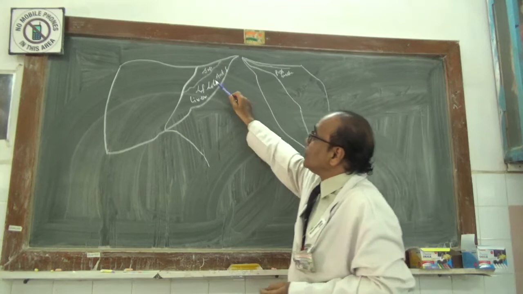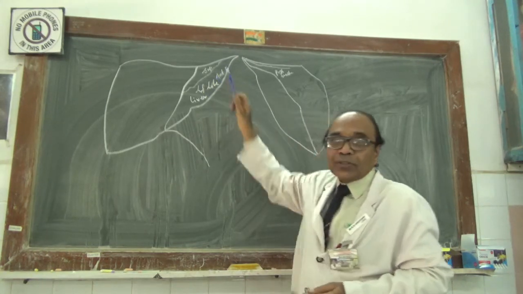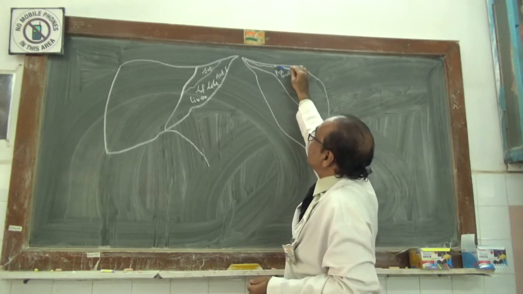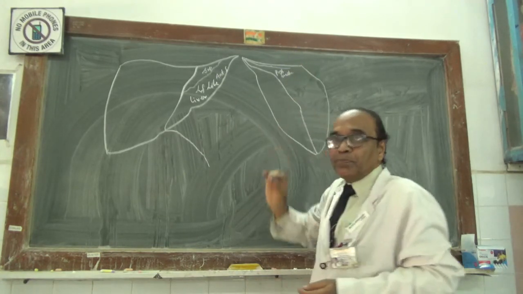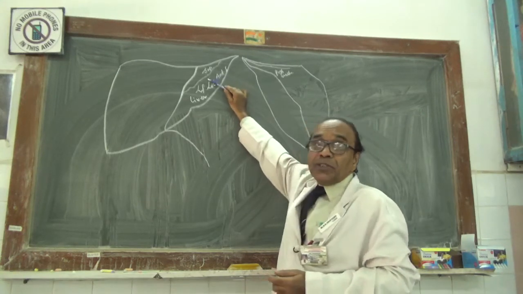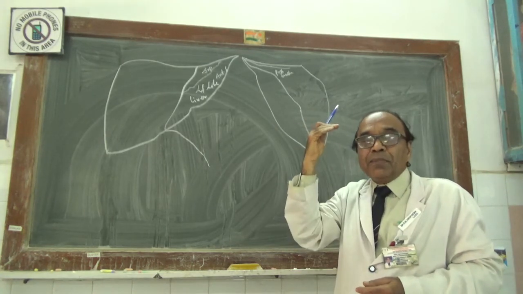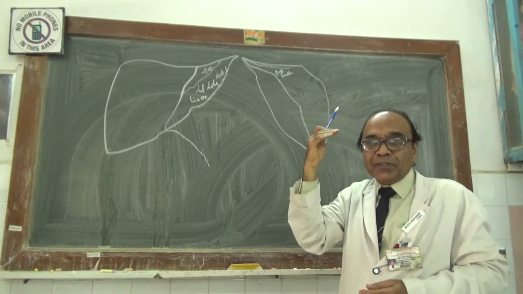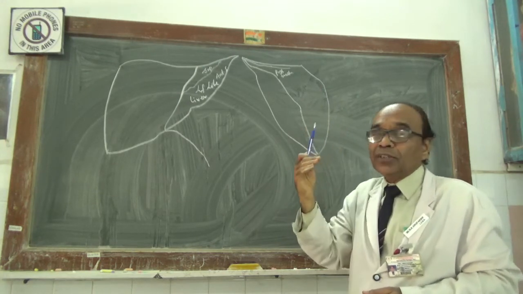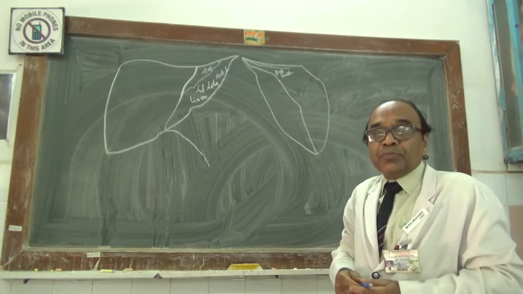Superior surface is the one which will be directing upwards, and it is a little bit more projecting forward than backwards. So more of its part will be there forward, and little part is there backward, and most of the portion will be looking upwards. So that is called as the superior surface.